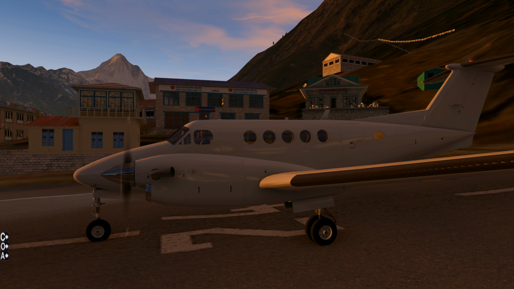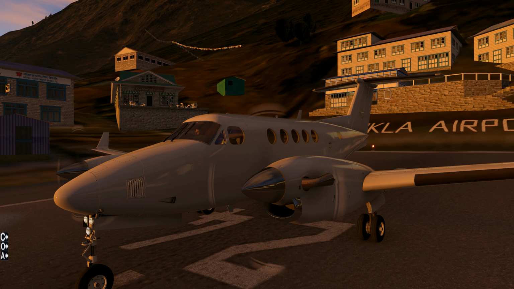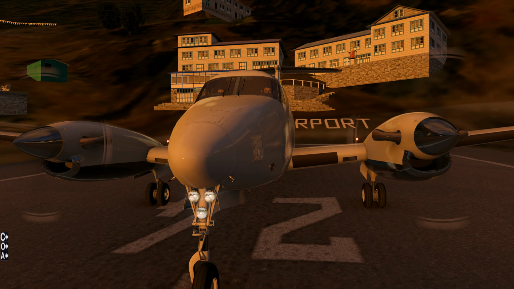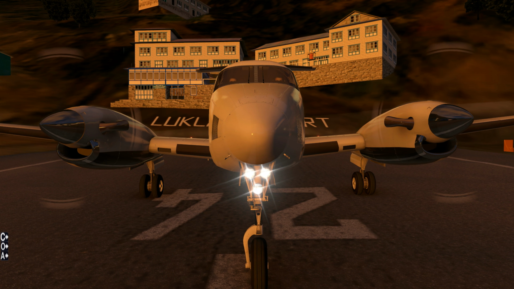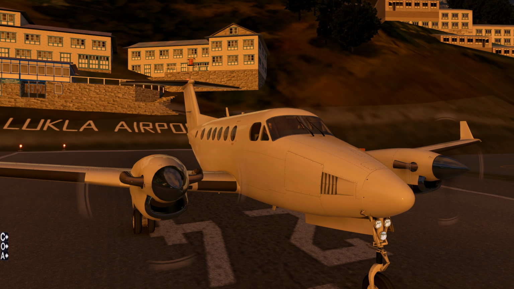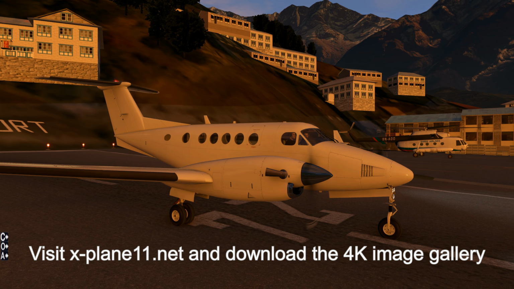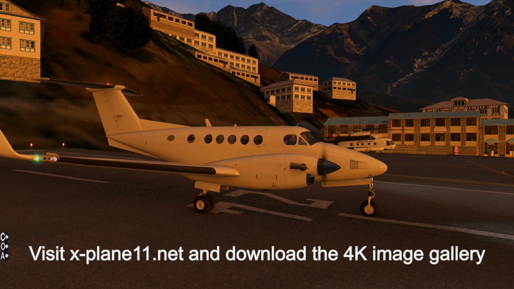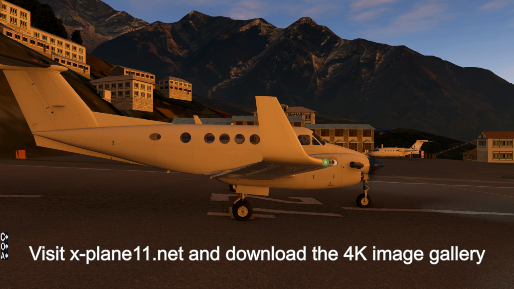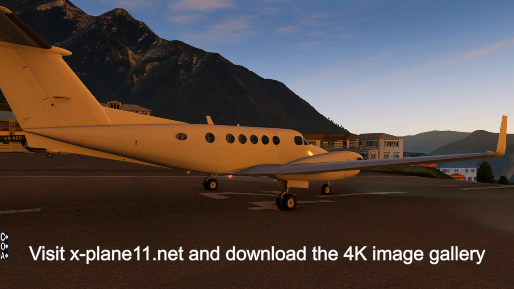Well, here I am at the head of the runway in the sunset of Lukla airport. I downloaded a patch with the tile of Lukla and put it in the Ortho 4XP patches folder, and it looks so great. All the environment